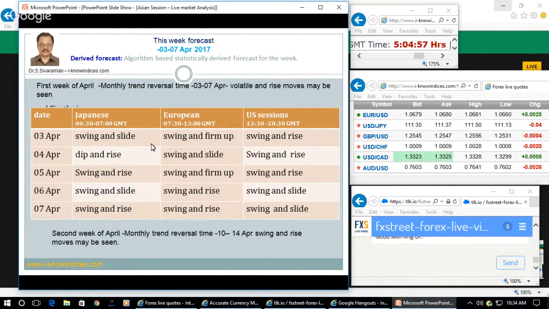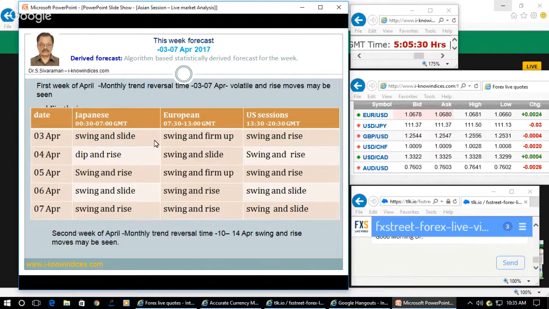Besides, you also find that they firm up and rise and then drop and things like that. So this sort of moves will be somewhat very confusing for the traders, and the traders think that the market is crazy, etc. But the players do it purposely in order to induce the traders to commit wrong positions and later on repent and cut loss. So this is the story you find every time.